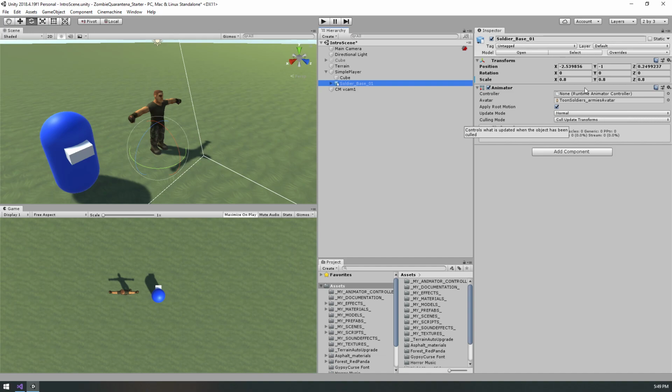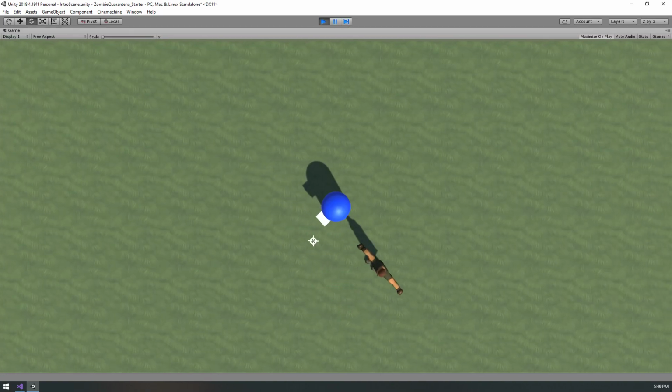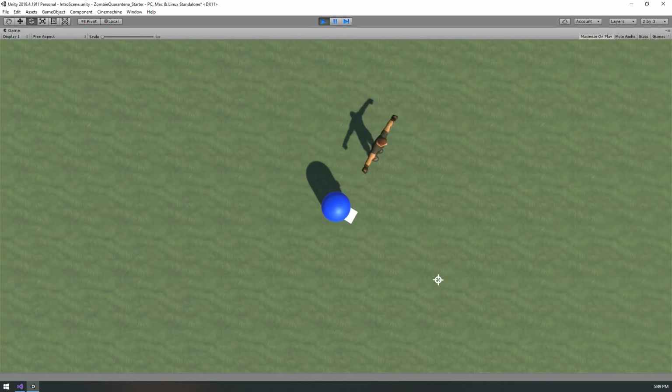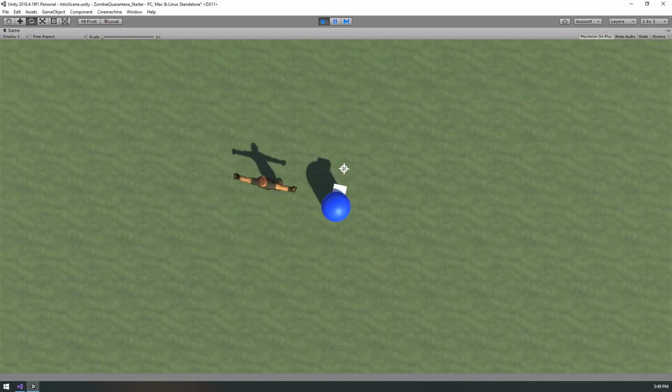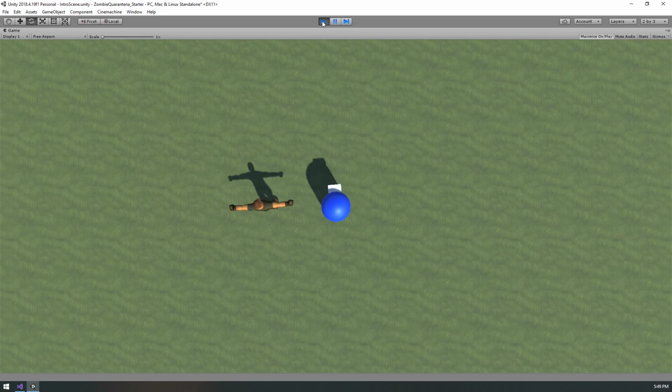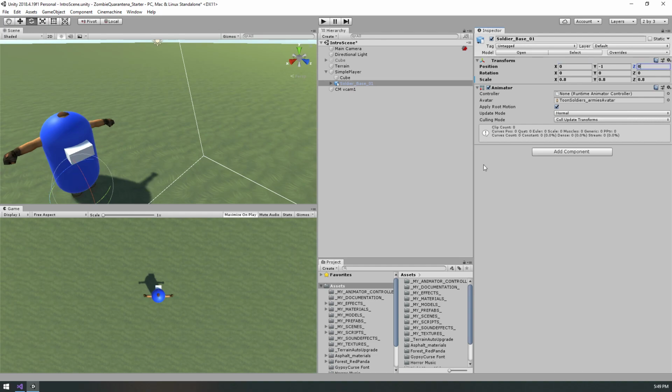Now, there's something interesting to notice here, which is if I press play, that's not really what I want. I don't need him to be off to the side. I need him to be the player. So the way you fix that is you're going to set his transform positions, X and Z values, to 0. Leave the Y at -1 because the capsule is raised up by 1 because of the way the center of the capsule works. Now if I press play,